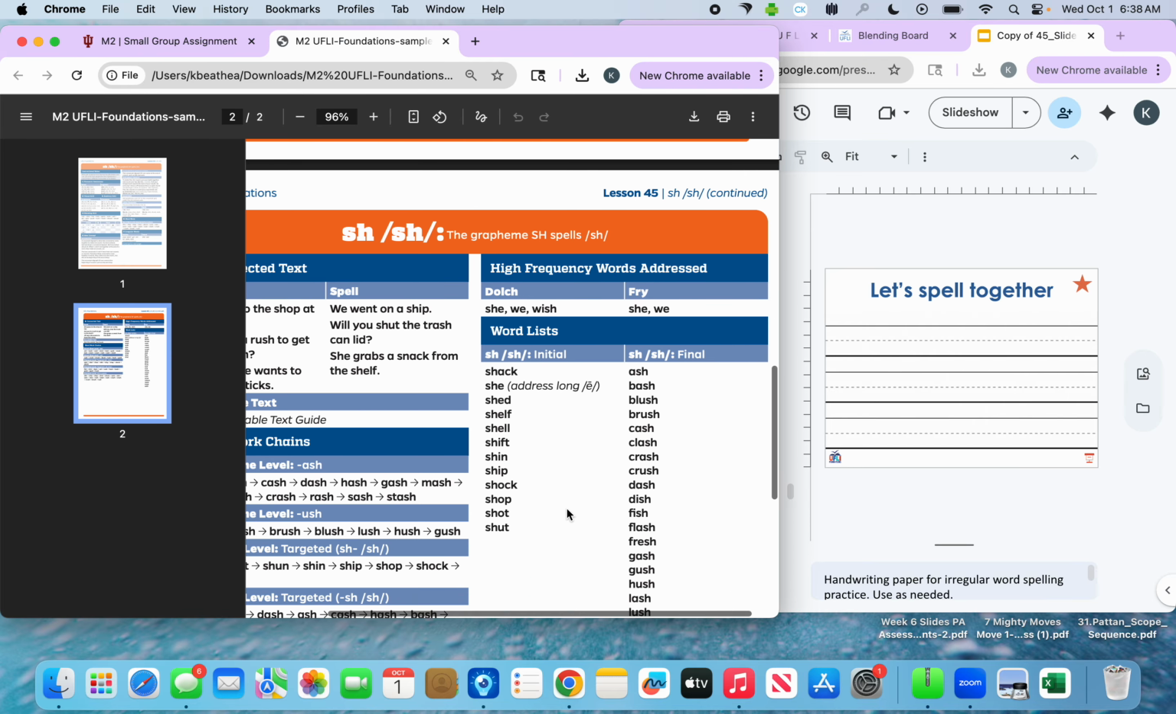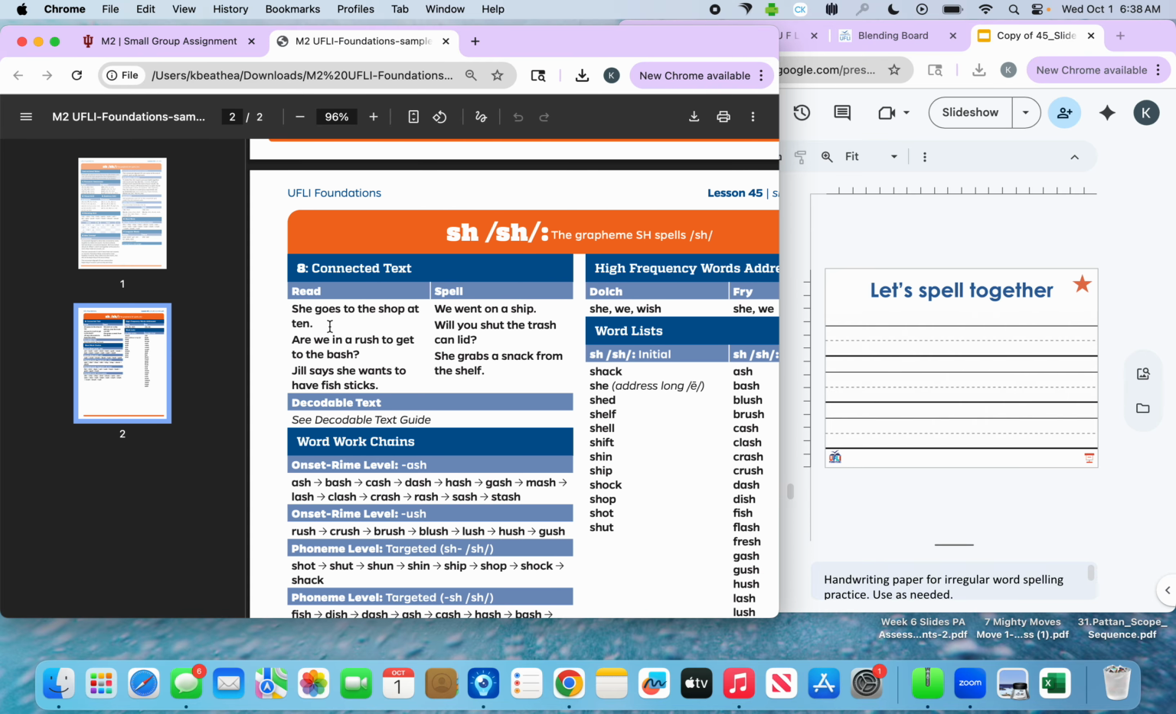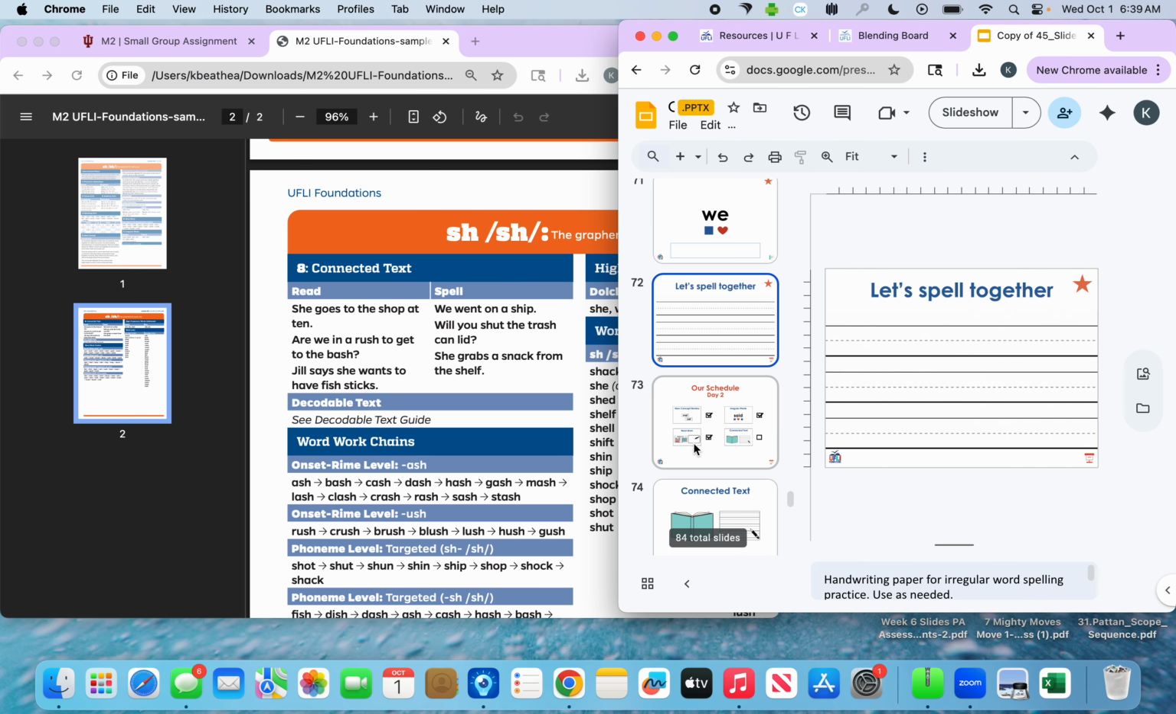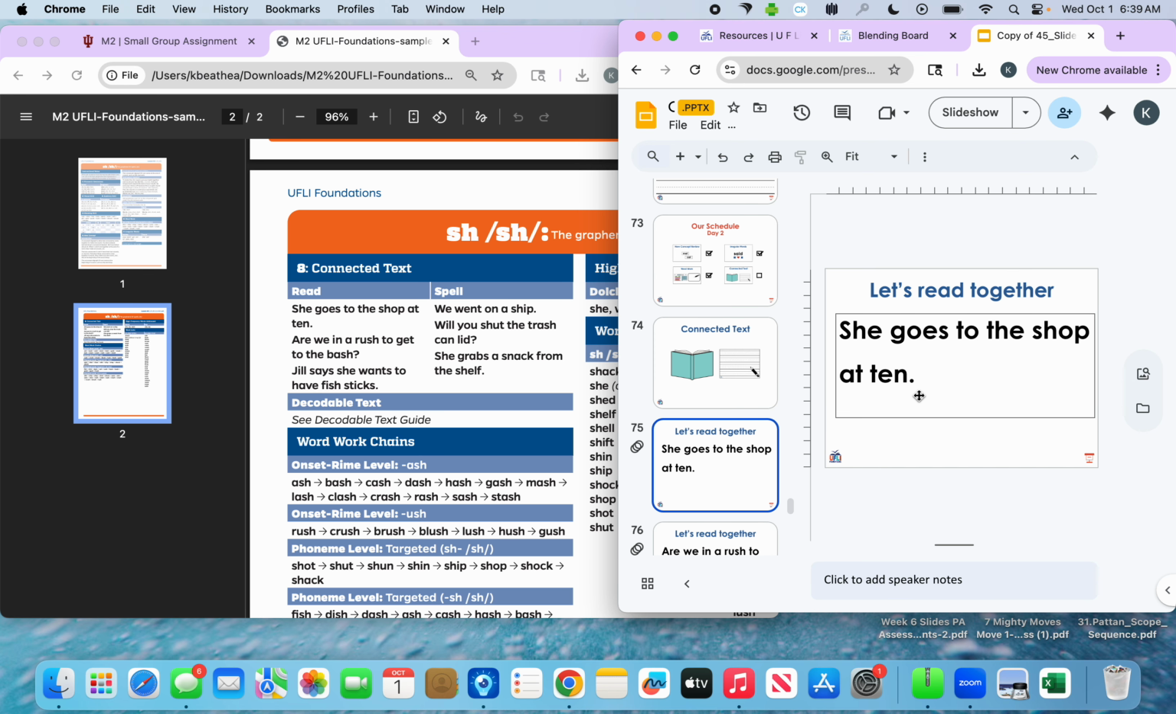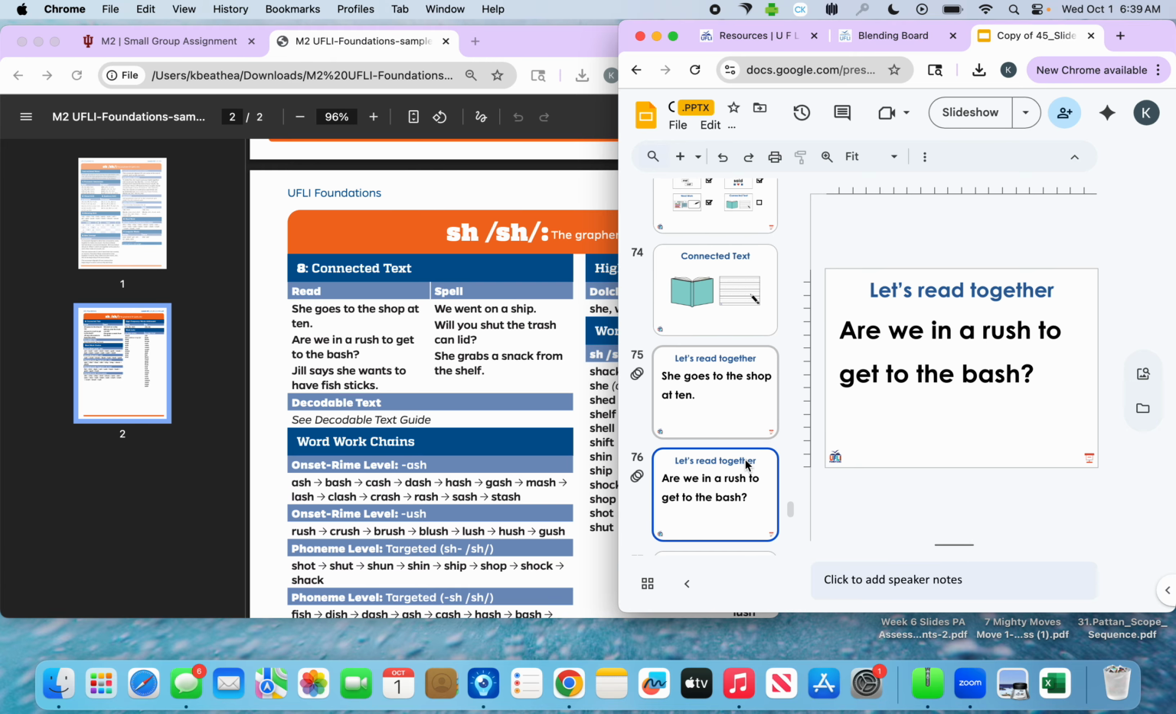After that, we get into this page of the manual. Again, we're going to do the reading first. This is very much together in the gradual release model. And then we're going to do some spelling together. When we get to the connected text, I typically will read it to them the first time. Then we will read it together, really making sure we're focused on fluency with accuracy, phrasing, and paying attention to the type of punctuation at the end. After we read the sentences together,